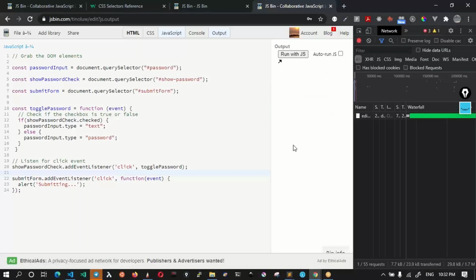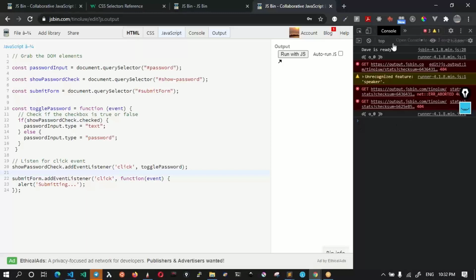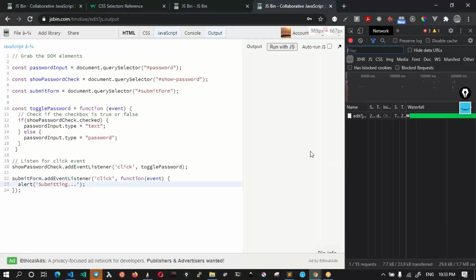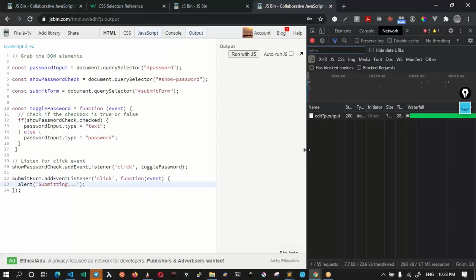See, nothing is happening. The entire page is refreshed, right? Ignore these errors in this console. These are nothing but my browser errors, so don't worry about this error that is coming up in here. So what is the reason this event is not working? There are a couple of things that we need to observe here. One thing is I am very, very sure that this submit form is a valid object. How can you verify? I simply alert the submit form here.